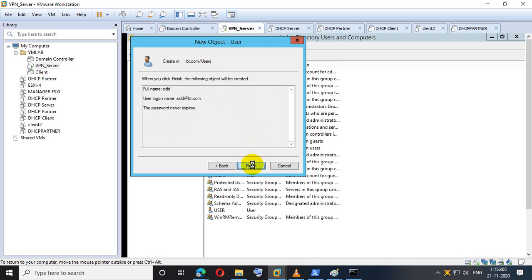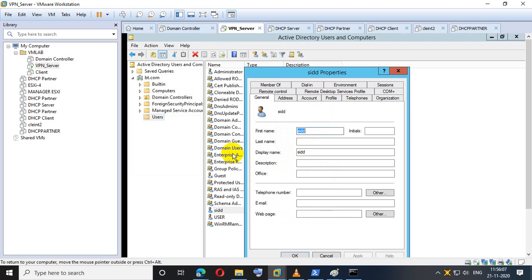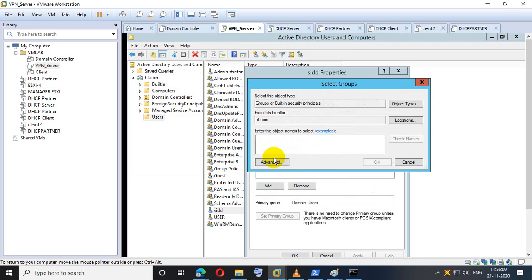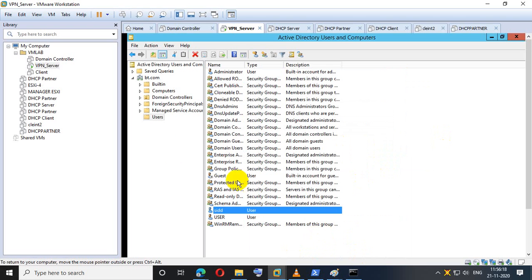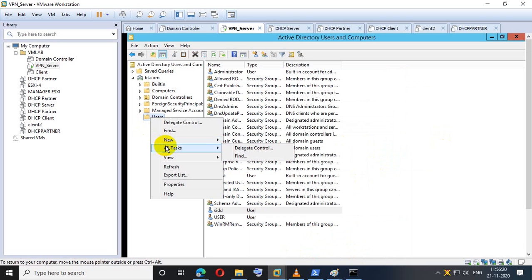So apart from this, I'm creating a few other small sets of users.